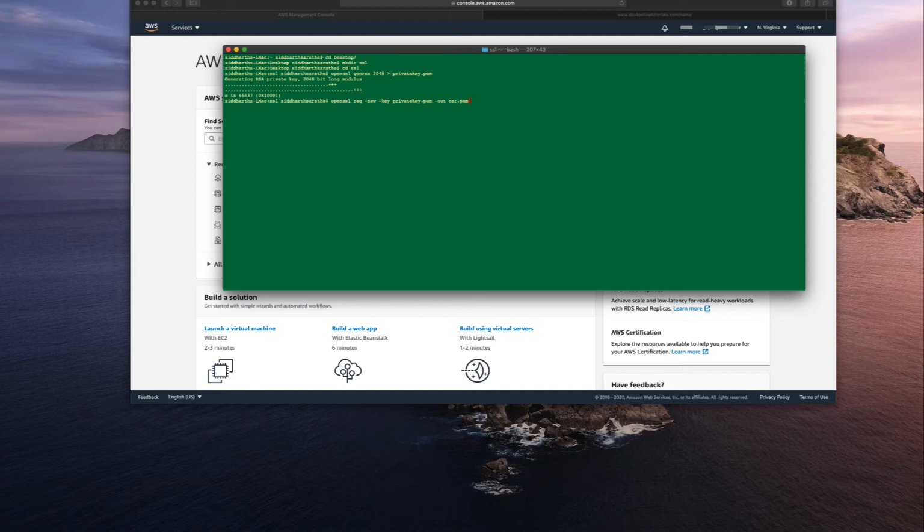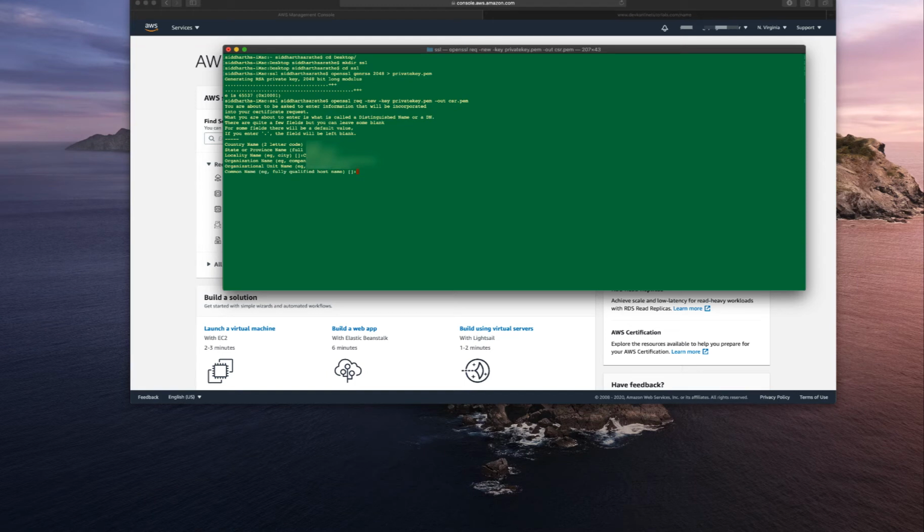So this will ask a few questions. Name of the country, and just give US, state, locality name or city, organization name, unit,